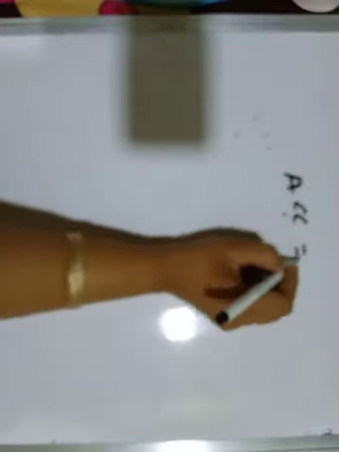It will rotate each bit of the accumulator to the left through carry. So the bit D7 will be placed into the carry and carry will be placed into D0. Now we'll take one example here. You are given the contents of the accumulator, it is equal to 27H. Okay, so now again we have to draw the bit pattern.